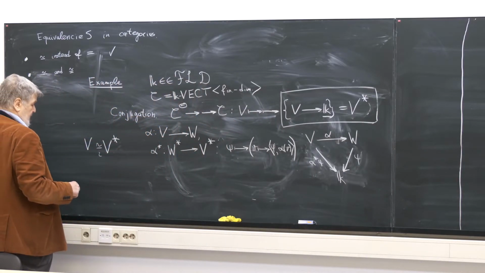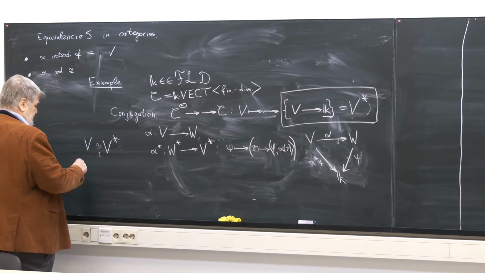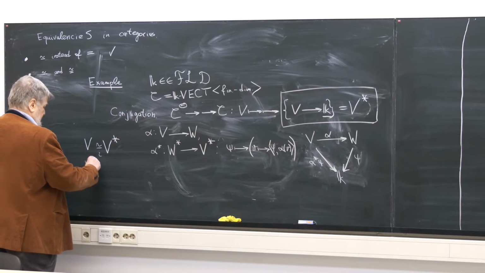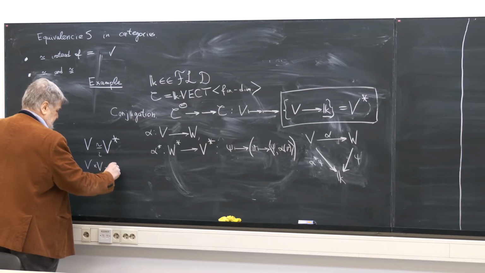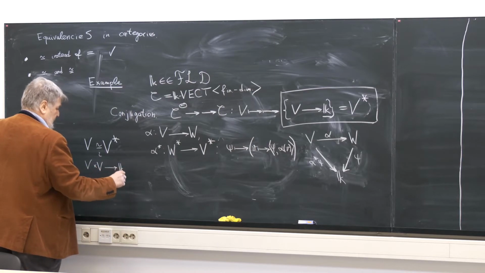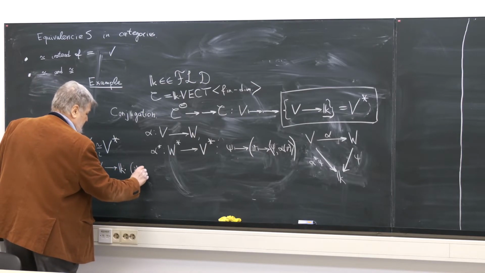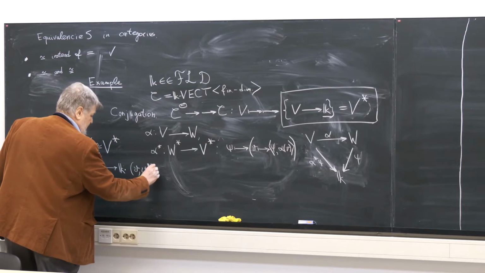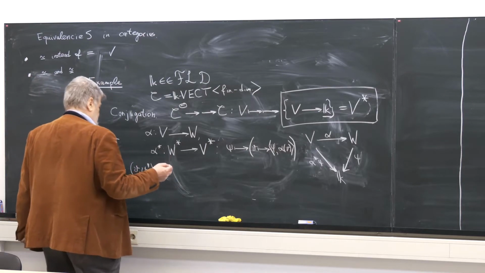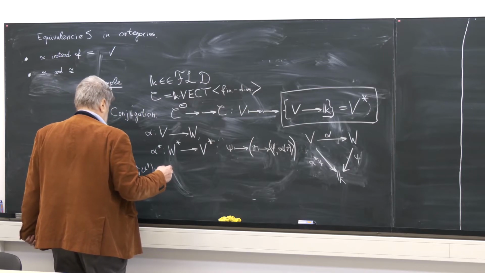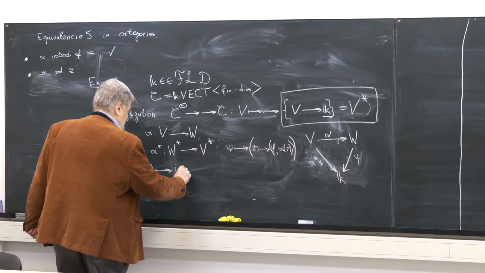But as soon as such an isomorphism is fixed, the canonical quadratic form occurs that maps V and V prime. For example, it could be symmetric, it could be skew-symmetric or whatsoever, but say we can apply this I over V